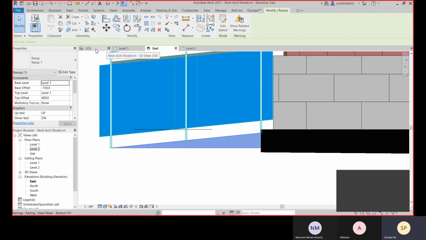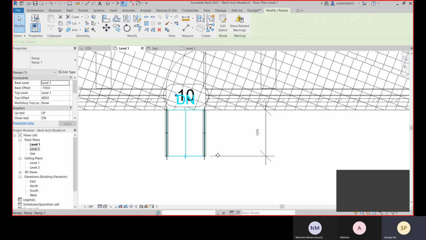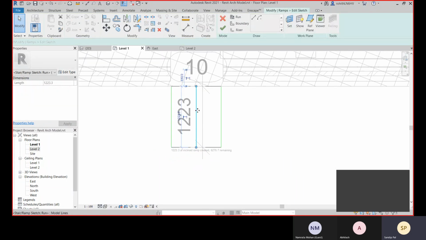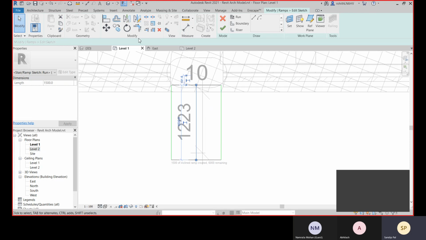Let me change it. Level 1, there you see this is the arrow to change the slope direction. We will not click on that, we will change it. Go to edit sketch, and there let me change this value to 1500.